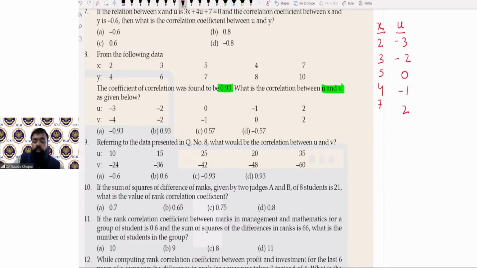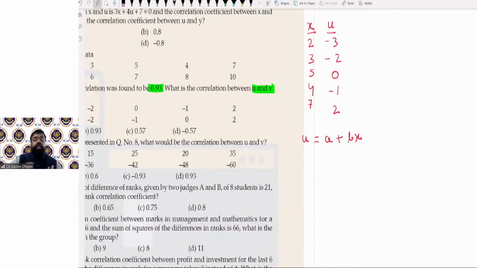So what was the format of the equation? u is equal to a plus bx. ये इक्वेशन का नॉर्मल फॉर्मेट. इस तरह की हमें इक्वेशन बनानी है. तो x में क्या करें जिससे u आ जाए? तो 2 and -3 कितना गैप है? 5 का. 3 and -2 गैप ऑफ 5, 5 and 0 अगेन गैप ऑफ 5। तो हमें सब में 5 का गैप दिख रहा है। तो you can form the equation u is equal to x minus 5। ये बन रही है आपकी इक्वेशन, right? This is your equation।